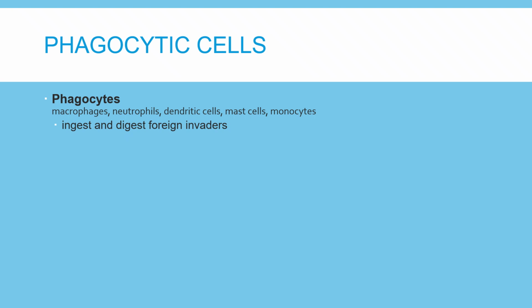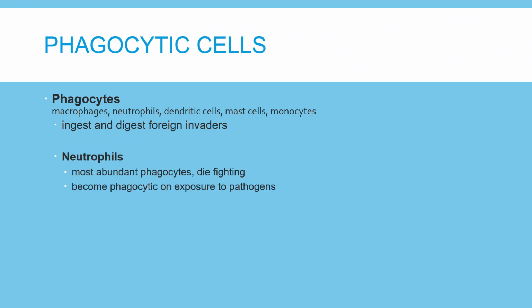All right, so phagocytes have the ability to ingest and digest foreign invaders, and they include our macrophages, our neutrophils, our dendritic cells, our mast cells, and our monocytes, okay? Neutrophils are the most abundant phagocytes, but they are some very hard workers. They die fighting. So whether they are killing ingested or extracellular targets, typically they are also going to destroy themselves